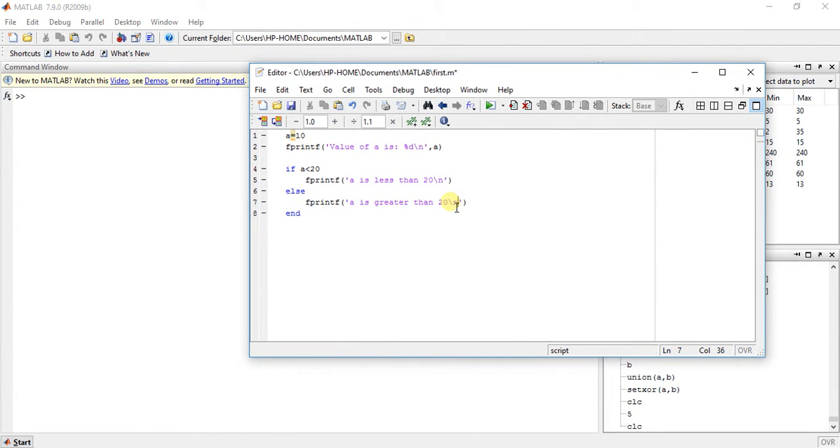This is the basic example of the if else and statement.